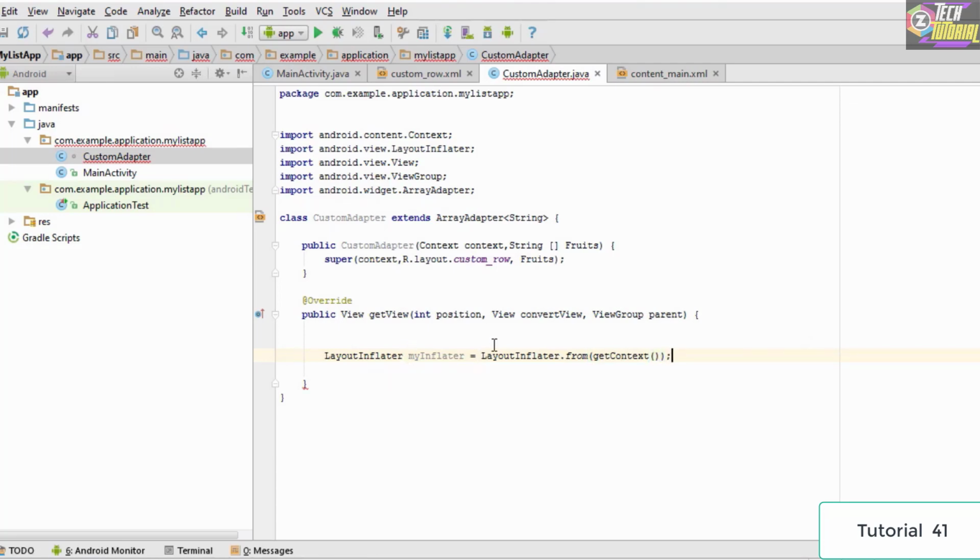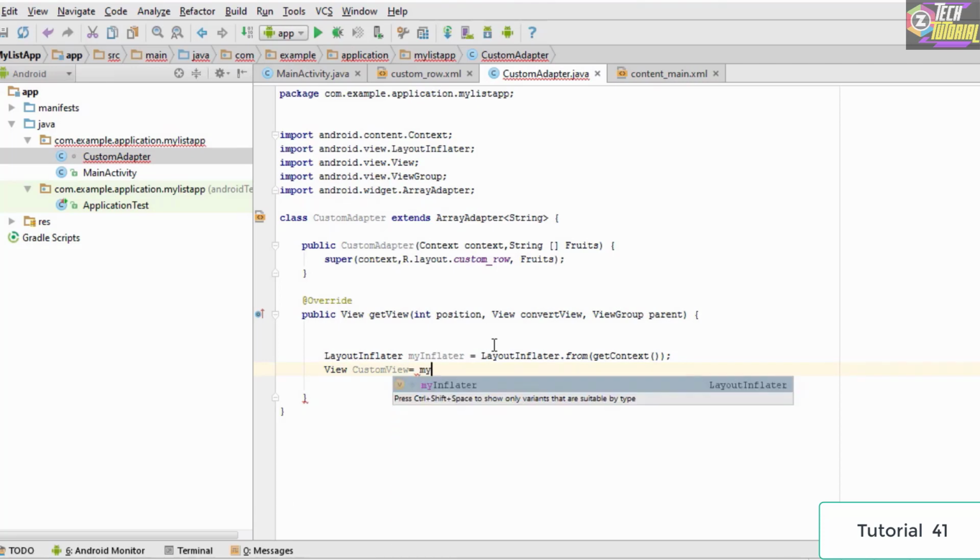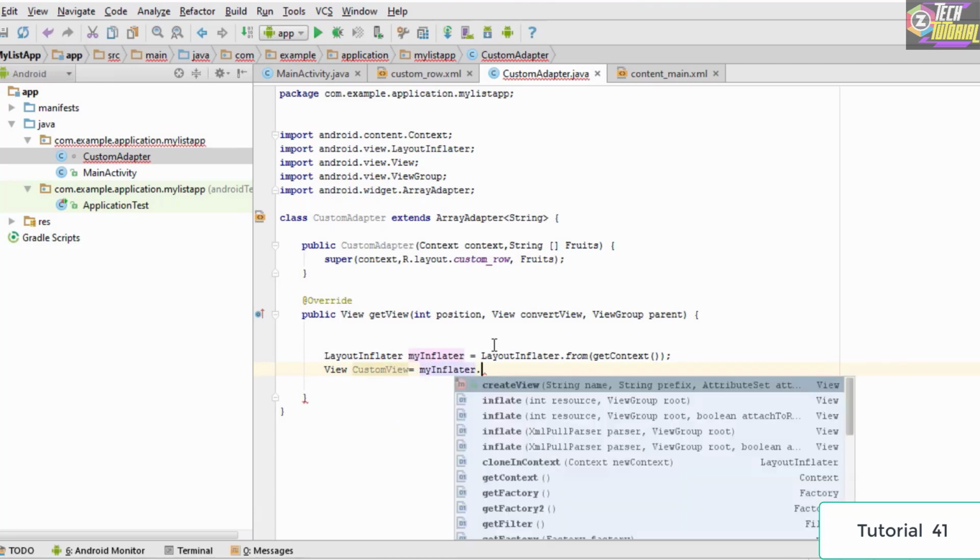Once we have initialized the layout inflater, the next thing is to initialize the custom view. So we type View customView equals, and this should actually be capital, so View customView equals.